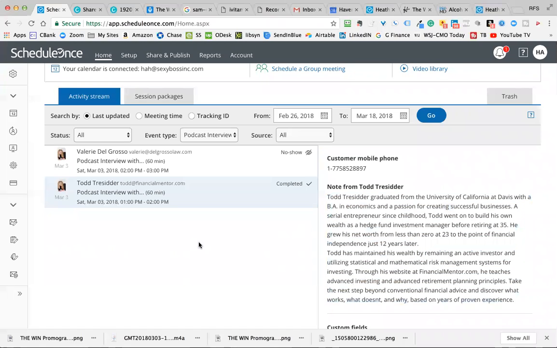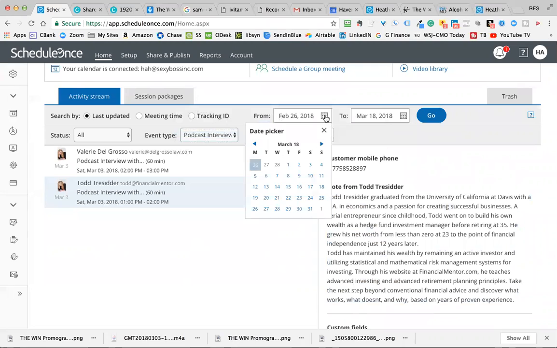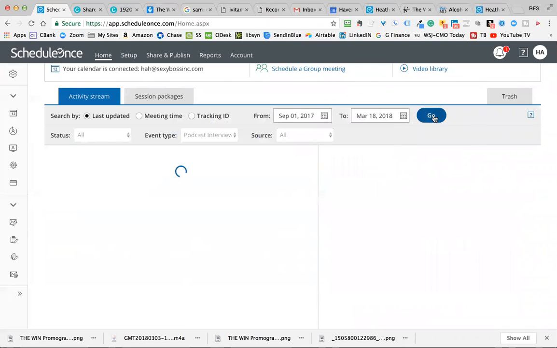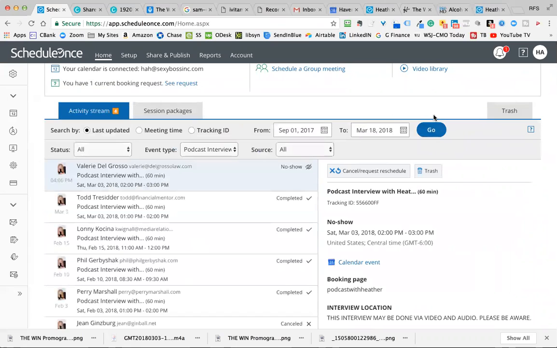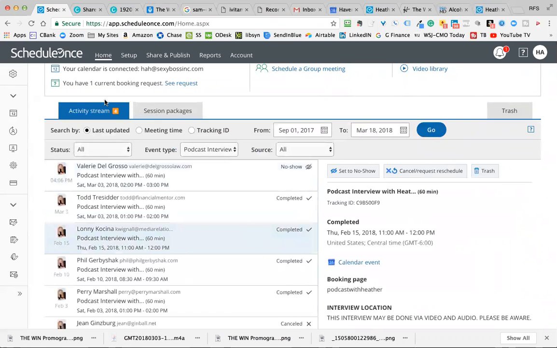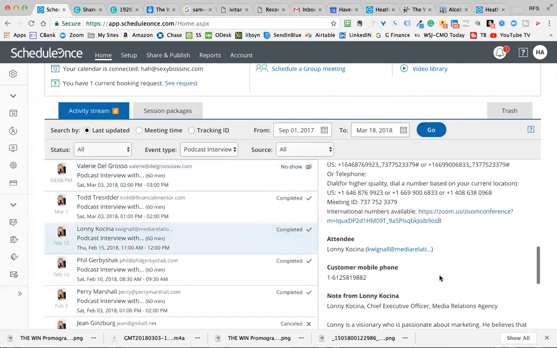Okay, so here's Schedule Once. Here's what's really cool. So you see here at event type, I can actually go back all the way to, let's see, September. And I can actually look at all the different people that I've interviewed over a period of time. And if I need to email them, I can. Now, what's really cool here is it actually gives me all their data, which I can use so much.